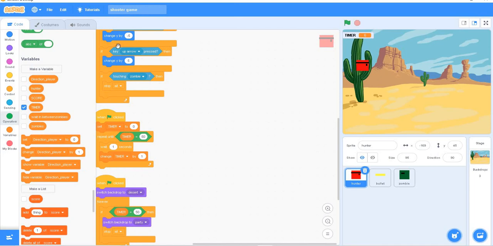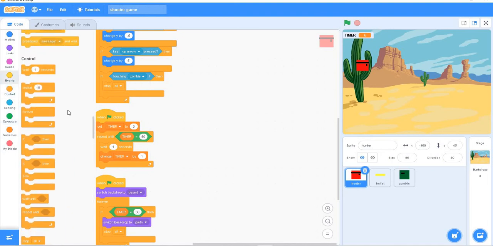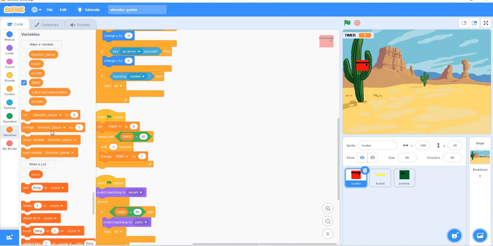After that, put the wait 1 second command that is available in control. Then from variables, take the change command, set it to timer, and change timer by 1. Now what will happen when you click this is that it will increase the timer, so that you can see how much time you survived.